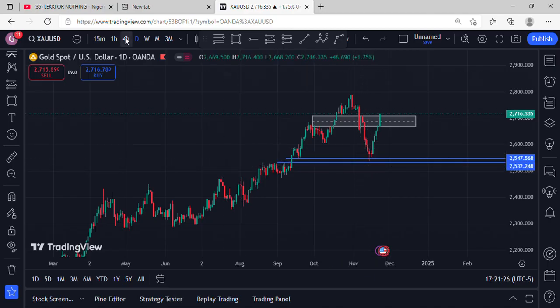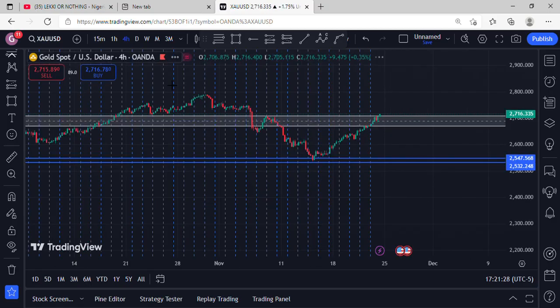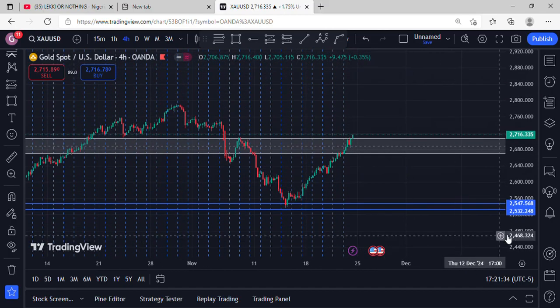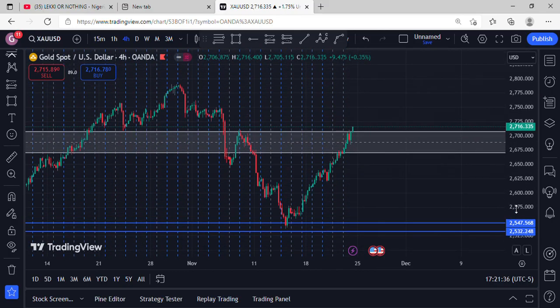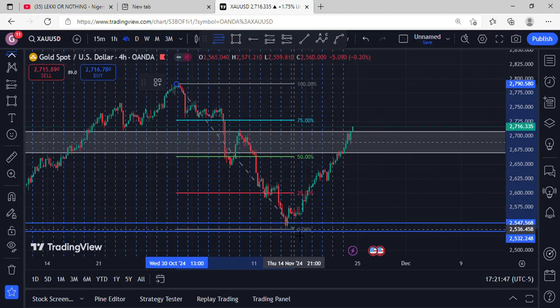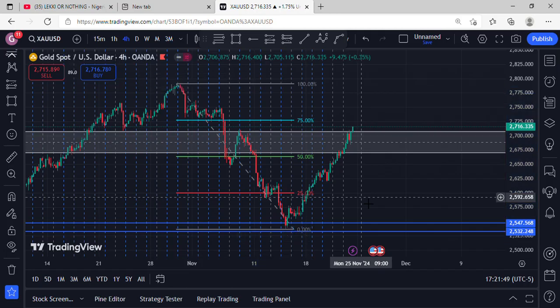And so we can go into the 4-hour and then see the range for ourselves. And then because we are anticipating that price would go up, we would expect that bearish PDRAs are what get disrespected. So now our dealing range becomes here to there, and this is how it played out